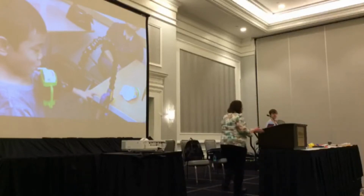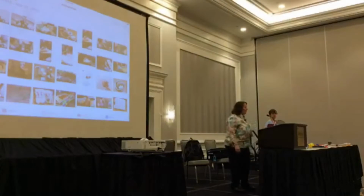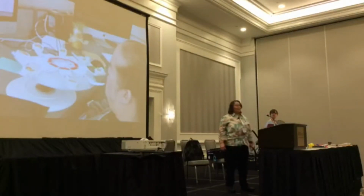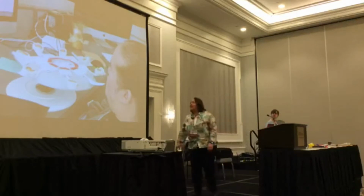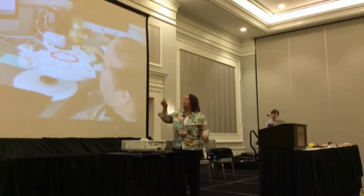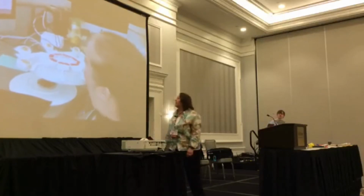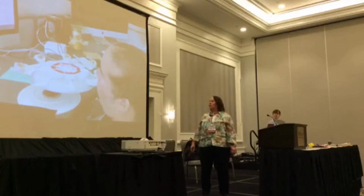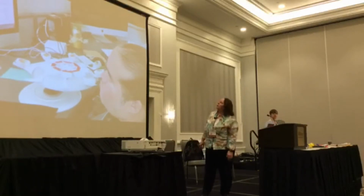What I want to show you next is what I call my Sushi Susan. I created this lazy Susan for a man with arthrogryposis. Here again, I'm using recycled election signs, making a track for the forks to slide into. He can bite it, and then he just uses his chin to rotate it to the next fork,